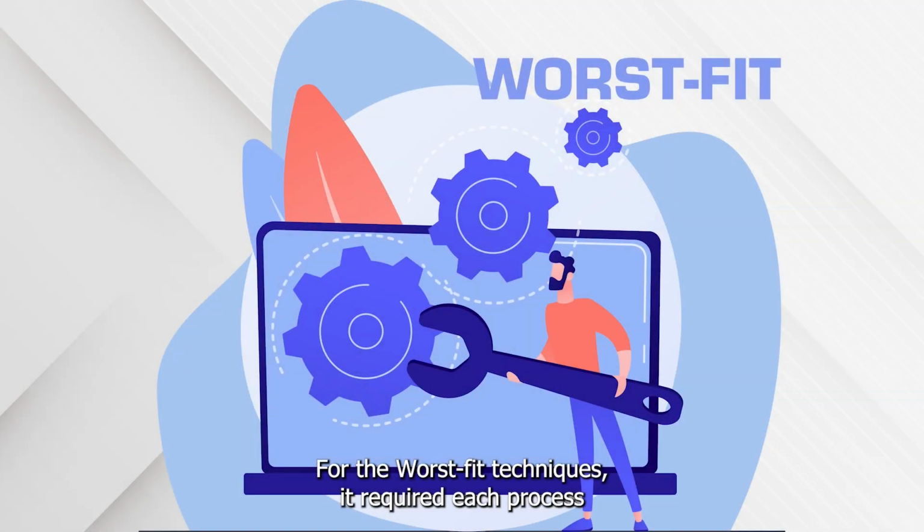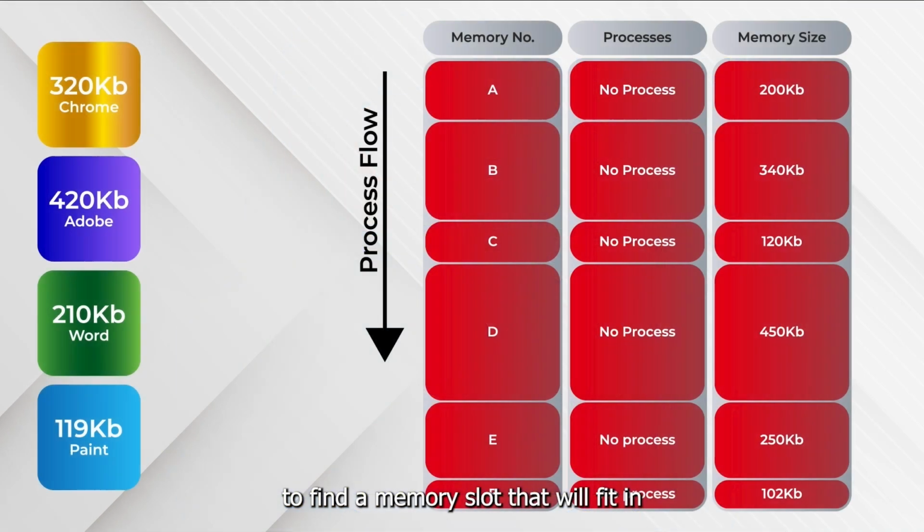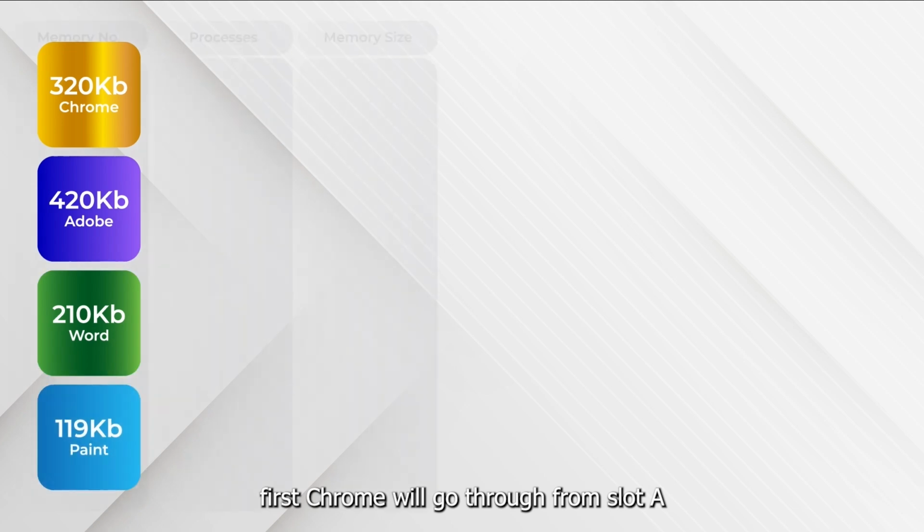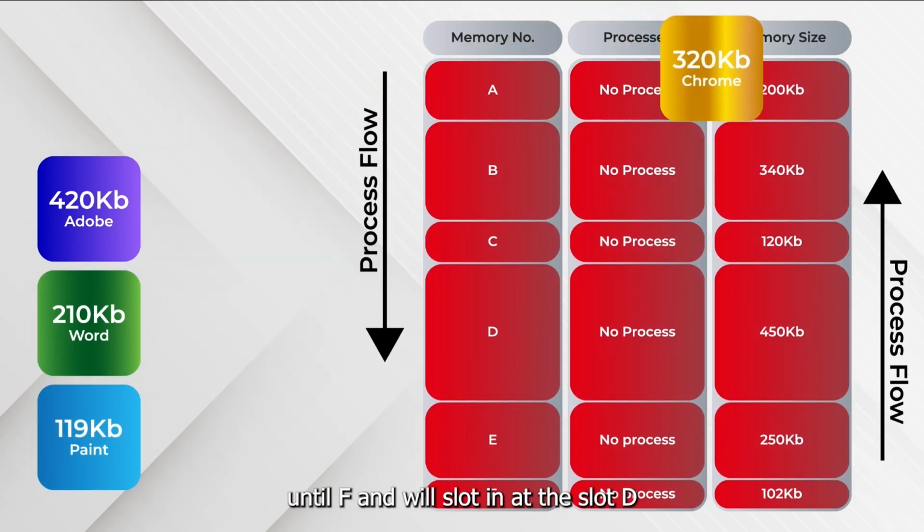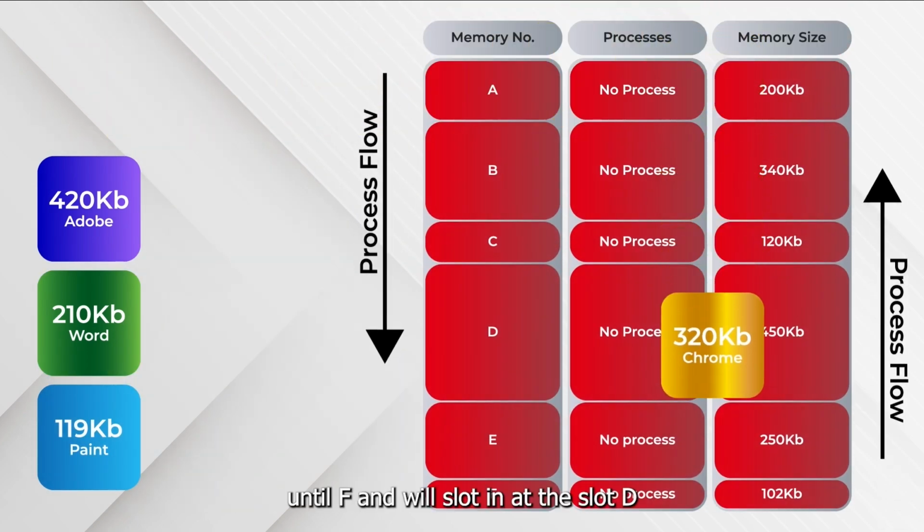For the worst fit technique, each process finds a memory slot that will fit and have the largest leftover space. So each process needs to go through each memory slot before slotting in. First, Chrome will go through from slot A until F and will slot in at slot D,